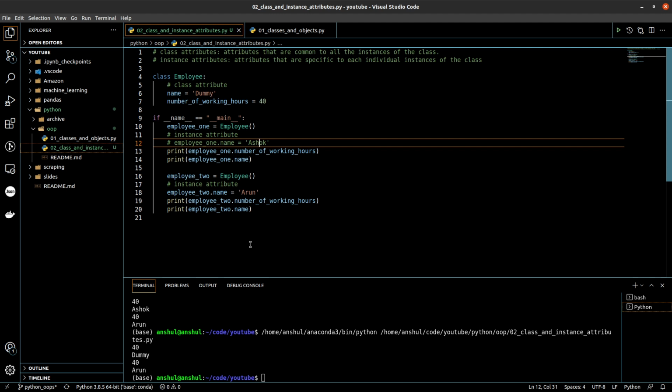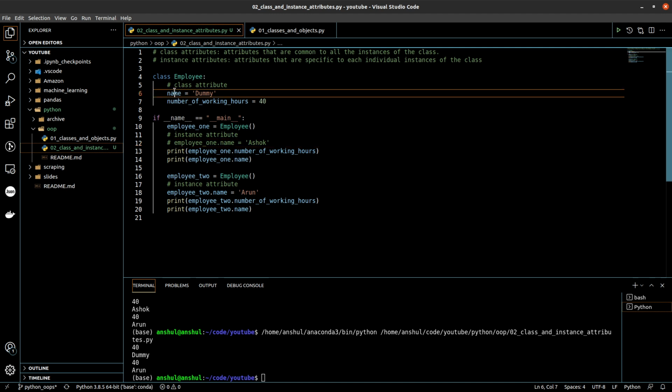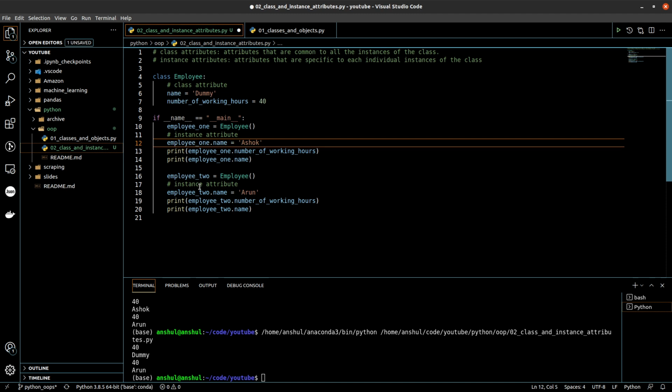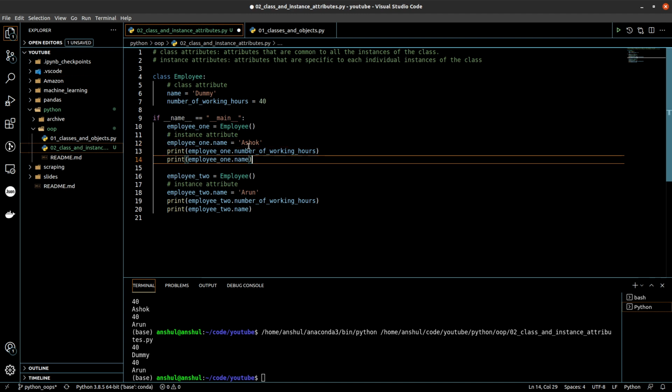This also shows us how the order of execution works, especially in the case of class and instance attributes. If there is some attribute which is defined as a class attribute, and we are overriding it while calling the object and redefining the value as an instance attribute, the instance attribute will take precedence.